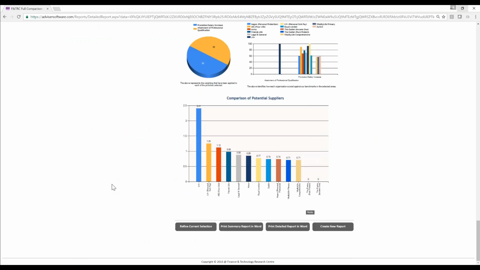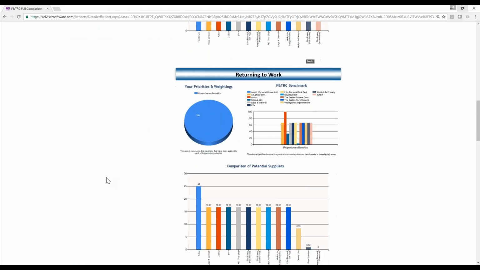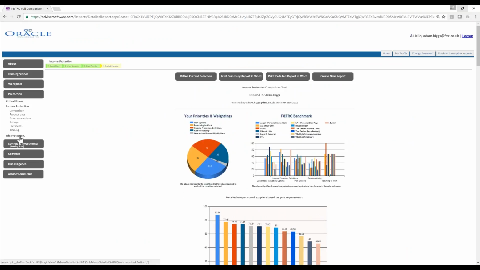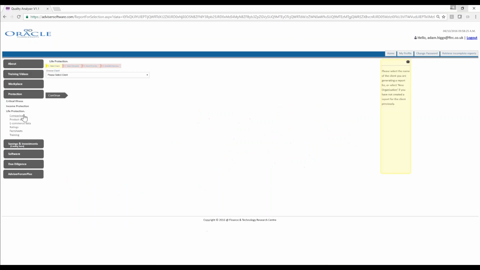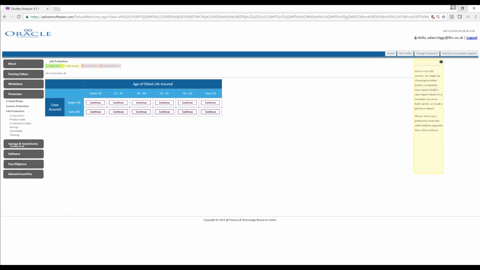So again, very simple and easy. It's just a case of matching your client to one of the cells in that table. If I quickly take you through life protection, which again is the same process, but the table is slightly different. Within this, we're looking at